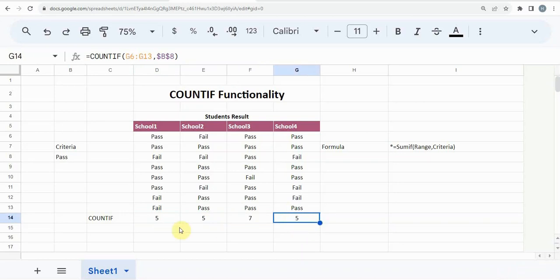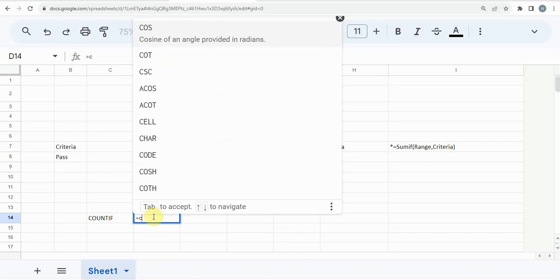So this formula basically works on the condition you defined. For example, if I want to see the passed students in all the schools, what I would use, I would see